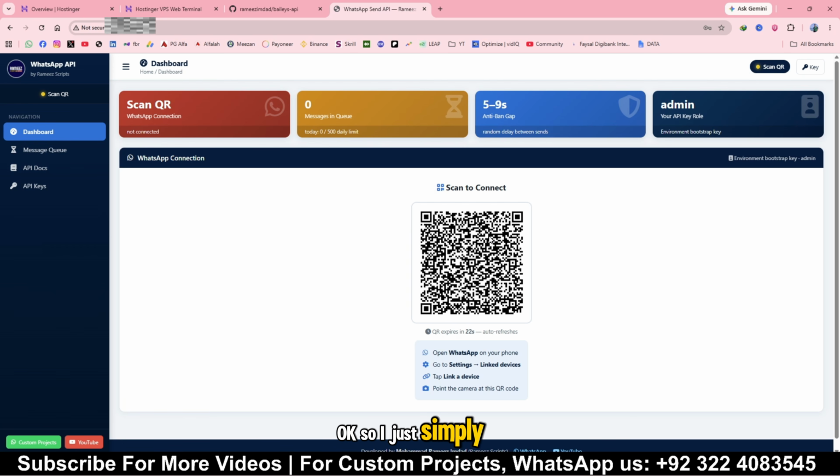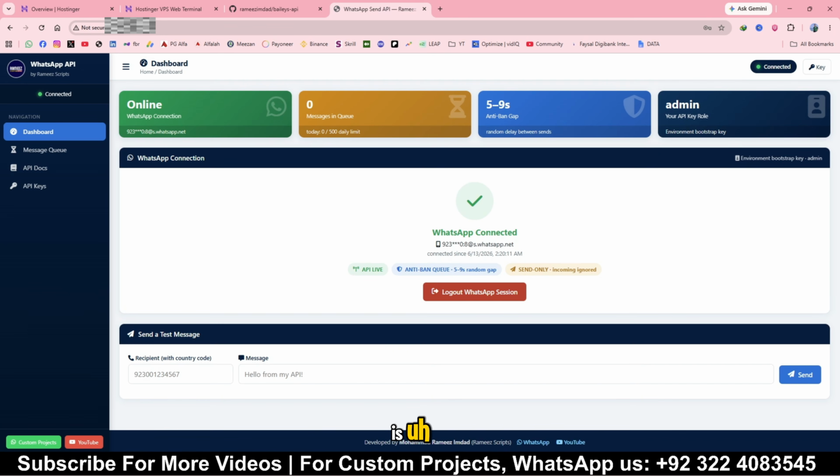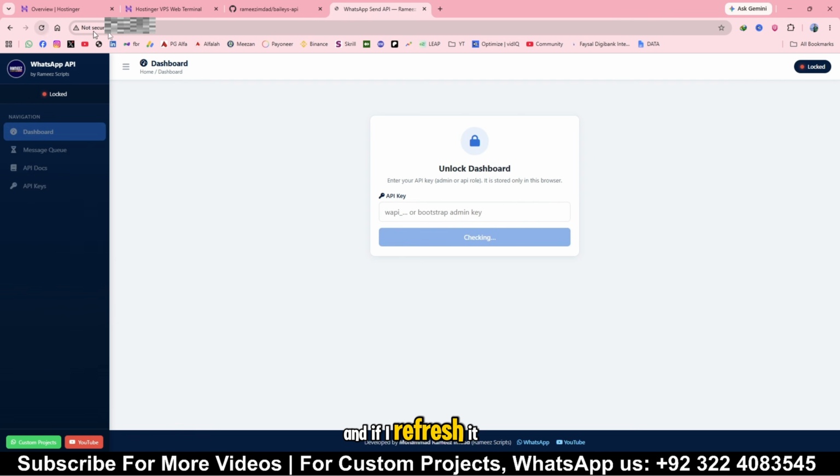So I simply scan the QR code from my mobile. Now, this is not an official WhatsApp method, and it is created by a third party API, so you can use it at your own responsibility. So you can see the WhatsApp is connected successfully, and if I refresh, it will not